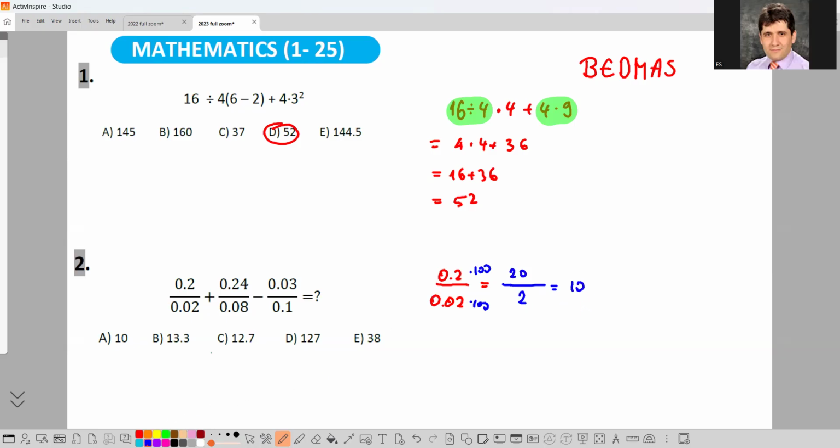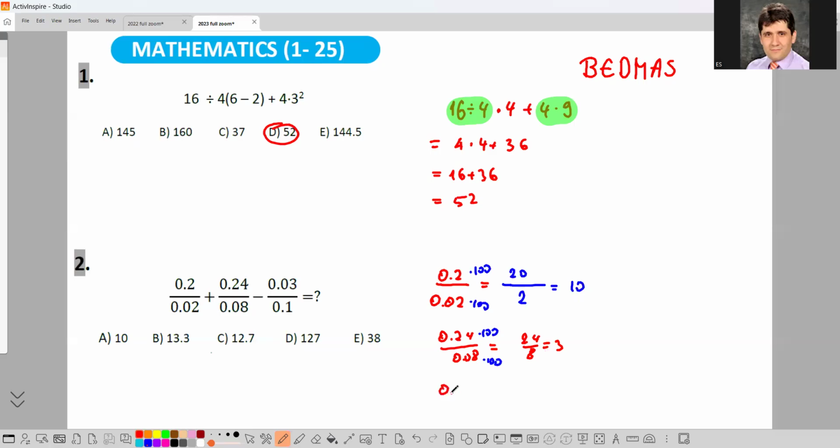So the first fraction evaluates to 10. The second one, 0.24 over 0.08 is, well, again, I multiply by 100 and here by 100. And what do I get? Well, I get 24 over 8. That is just 3. So the first part is 10, the second part is 3, and now let